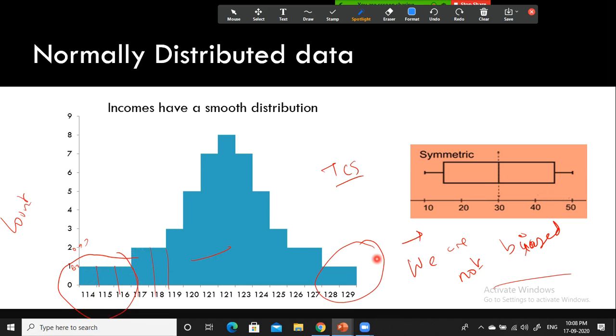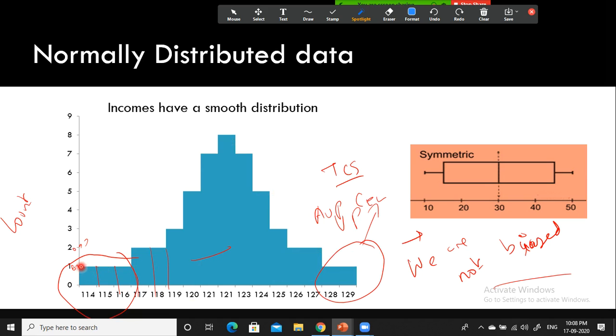On the other hand, only few employees are at the top level, right? The VP, AVP, CEO, chairman. These guys are getting very high salary. Only few people are getting high salary. Only few people are getting less salary, and the rest of them are getting salary on par with their level. So he is a developer, senior developer, module lead, project leader, and project manager, right? Likewise, based on the level, the salary also goes like this.